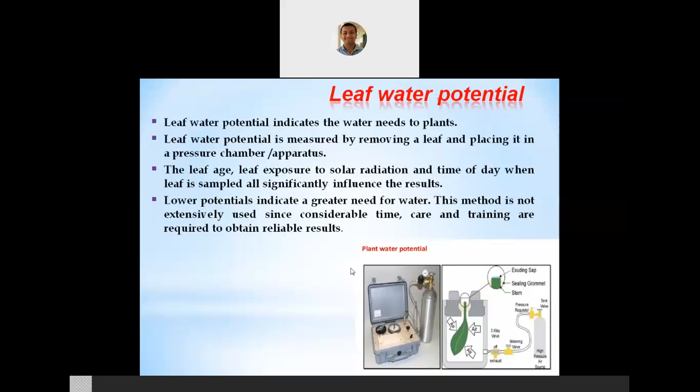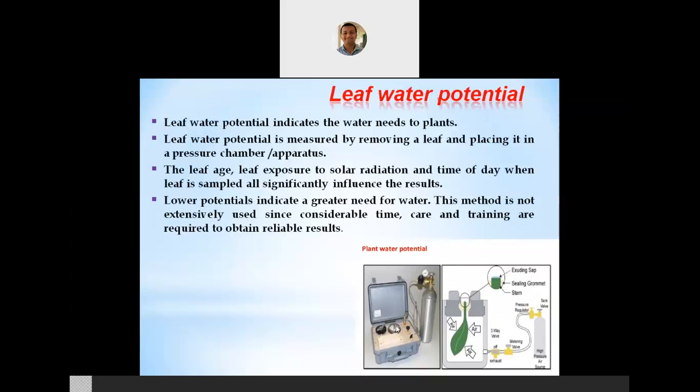This is a destructive sampling method where the leaf is taken and placed in the pressure chamber, which is closed, and gas from the cylinder is released into the chamber, and by slowly increasing the pressure of the gas within this chamber, the point at which the leaf releases water or there is sap exuding,